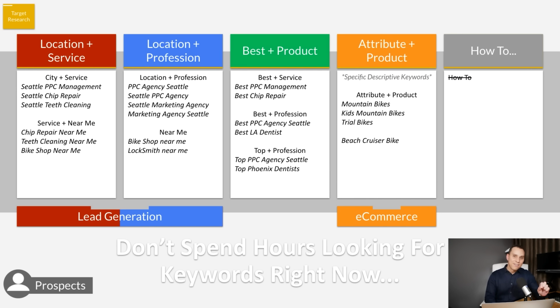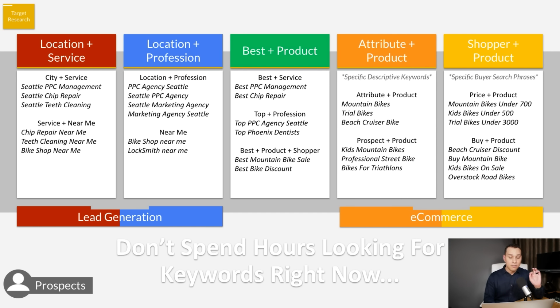Do not ever pay for a how-to keyword. That is just a giant waste of money. So you can go ahead, timestamps below, you can always come back to the slide where actually when we go through building the campaign, you'll see a full-blown example of how you can take these keyword formulas and pretty much apply them to almost any product or service. So make sure you come back to this slide to really shortcut the process of doing your keyword research,